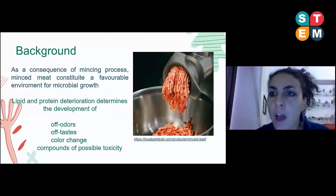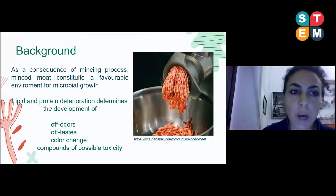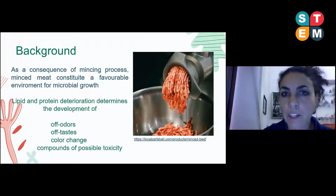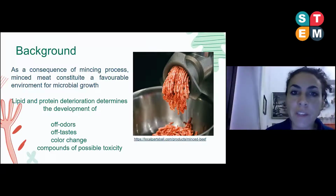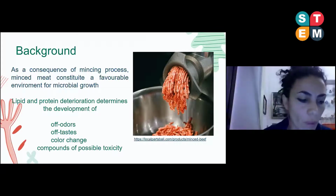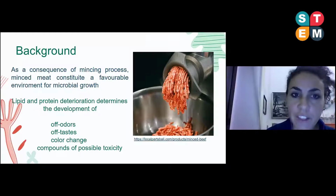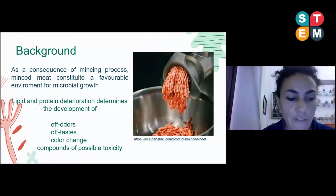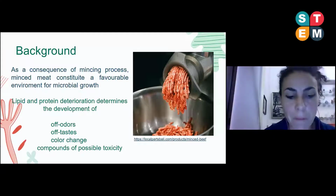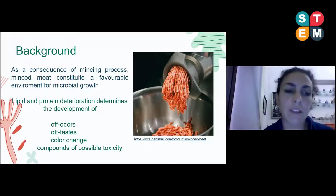Among different foods, refrigerated ones are among the most perishable, and among those, minced meat is the most perishable product. As a consequence of the mincing process, minced meat constitutes a favorable environment for microbial growth. The large exposed surface area, in fact, facilitates microorganism growth and affects the safety of the product. Moreover, oxidative effects on myoglobin cause color deterioration, and the oxidation of lipids can cause rancidity and contribute to secondary defects such as off-odor